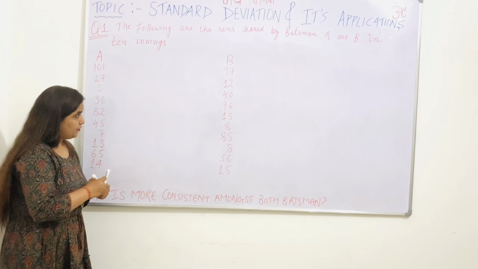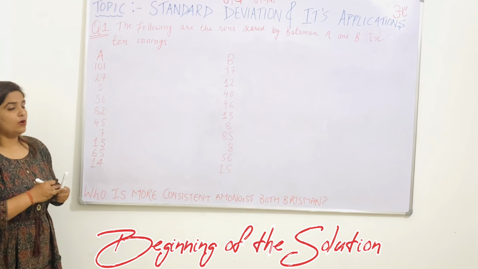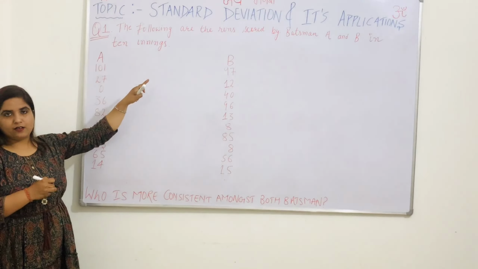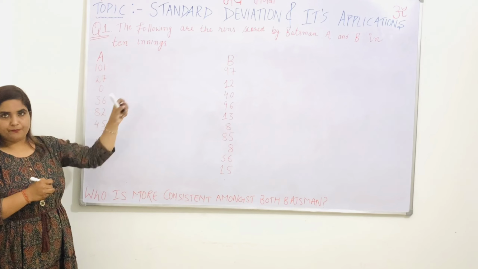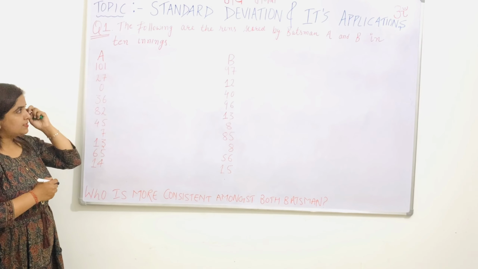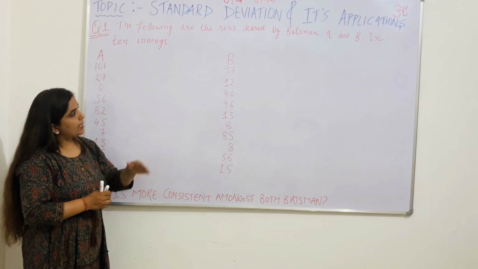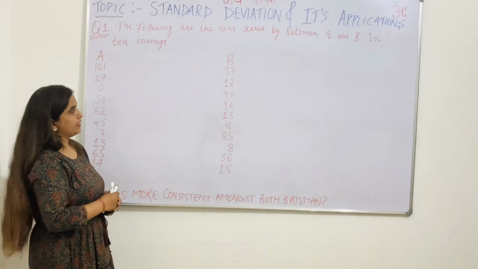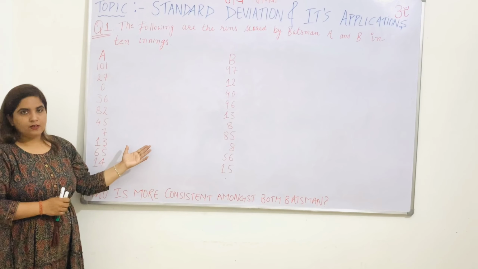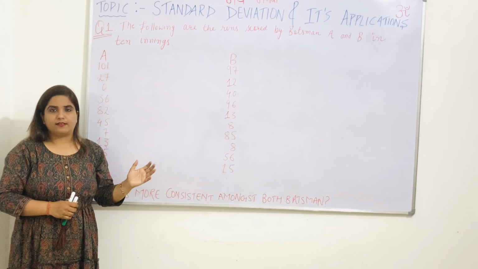So before applying the actual formula of standard deviation, firstly we have to solve the arithmetic mean. We will give names x and y to the given data, which is A and B. So before solving this, we will discuss the statement. What is given? The following are the runs scored by batsmen A and B in 10 innings. So दो बैट्समैन के बारे में बात की गई है, उनके स्कोर्स बताए गए हैं और स्कोर्स के बेस पे हमें वेरिएशन बतानी है कि जो डाटा है वो कितना स्कैटर्ड है.